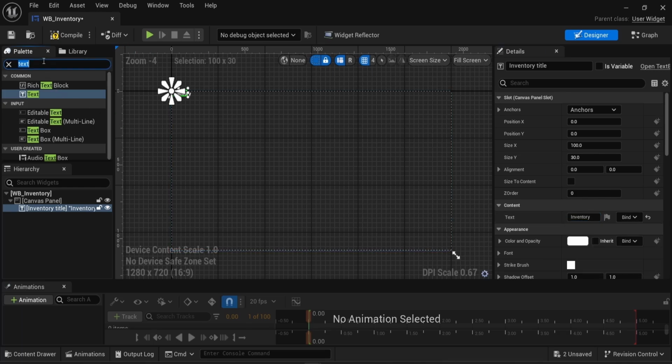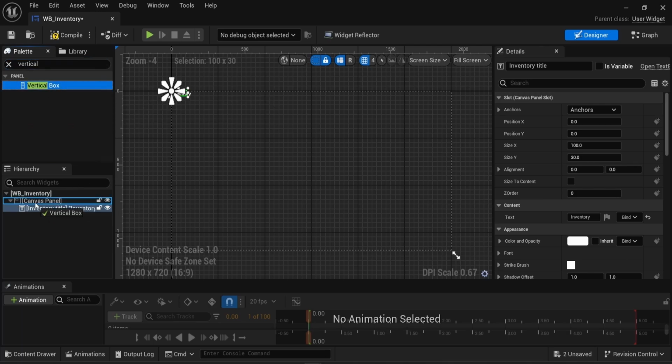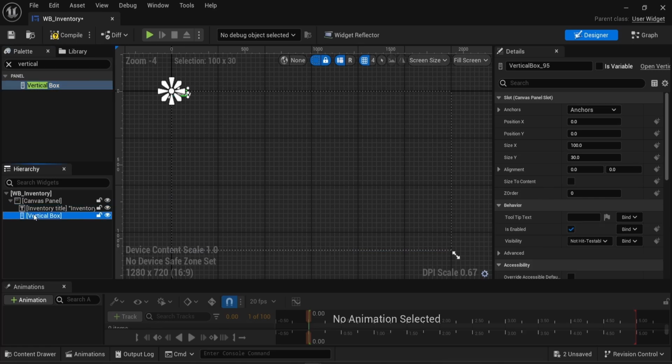Back into the palette, I will search for a vertical box. Now drag and drop this vertical box into the canvas panel, and inside this vertical box, this is where I'll display every item that is inside the inventory. It will be displayed vertically,